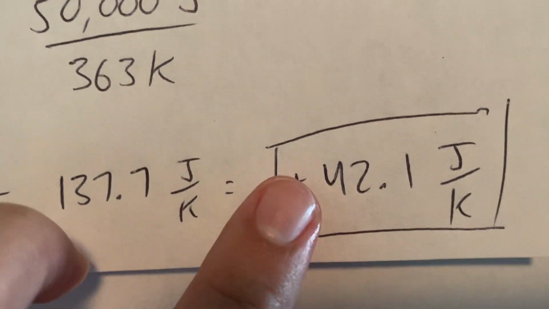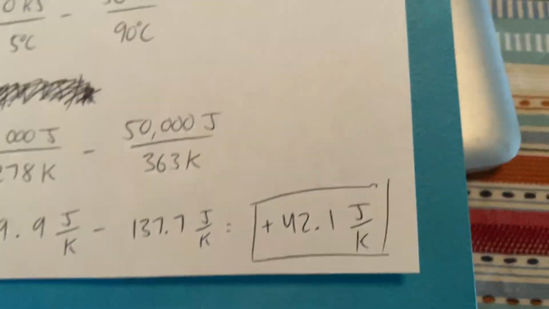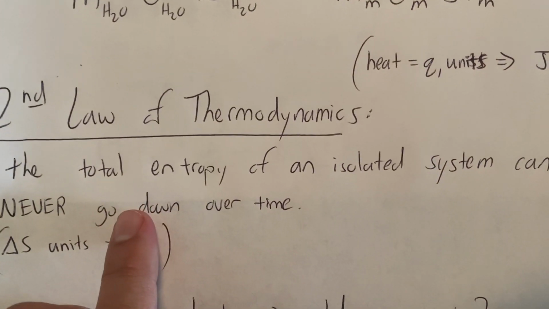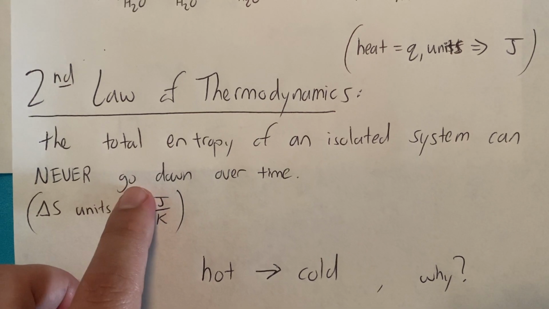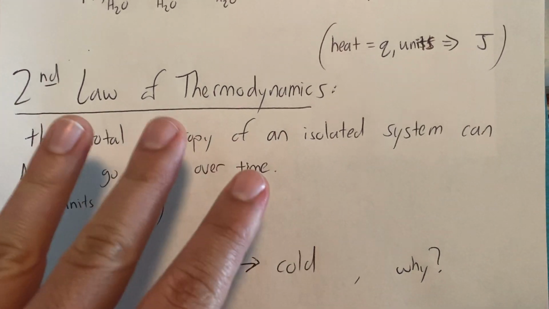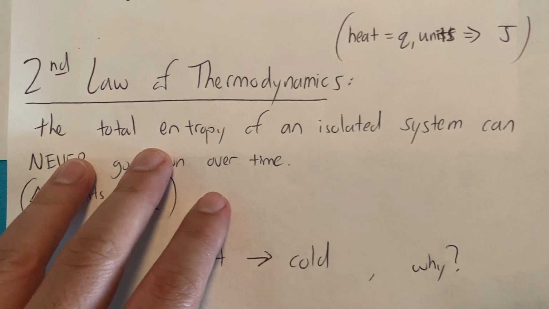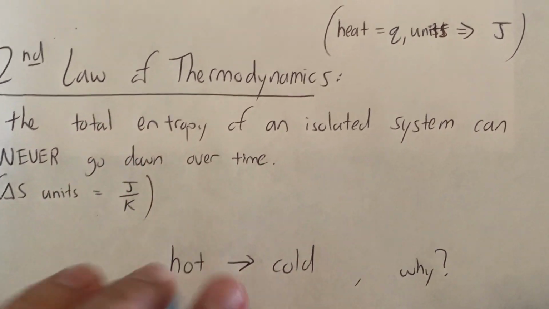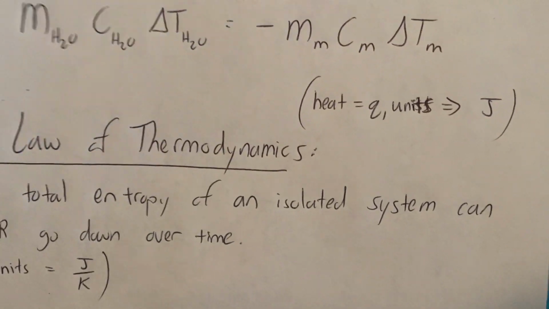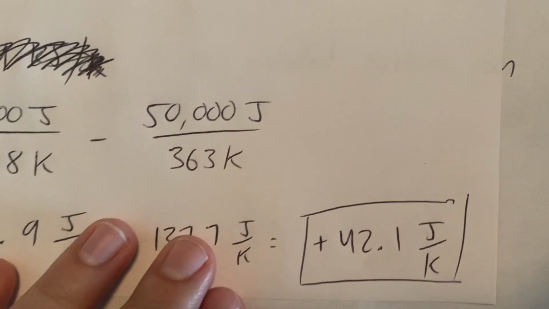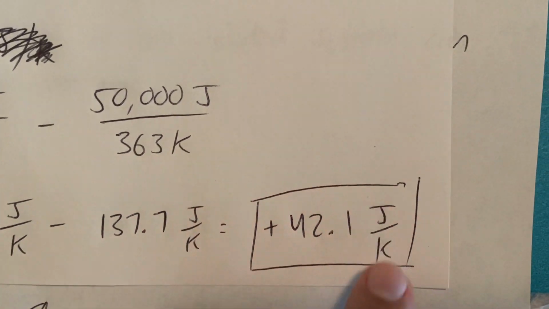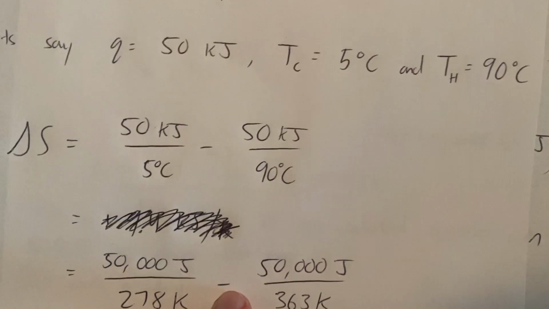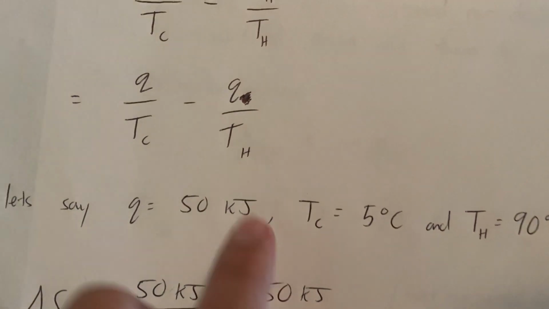It's positive. So the second law of thermodynamics said that the entropy can only increase, it can't go down. It can stay the same, but it cannot go down. If the entropy is going to go down, which it can't, this is a law, then it has to be negative. So if entropy is going down, if it's decreasing, then it's negative. So I can't have a negative answer here, right? Luckily, I got a positive answer. I have positive 42.1 joules per Kelvin, and this can only happen if the